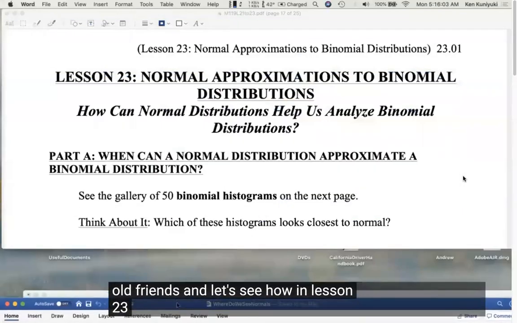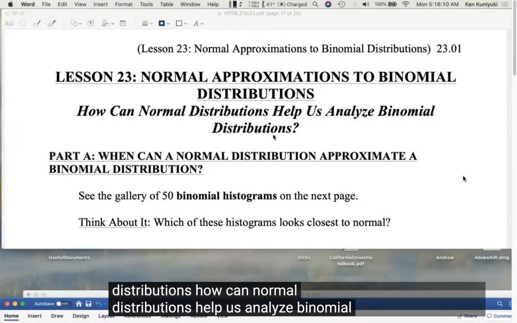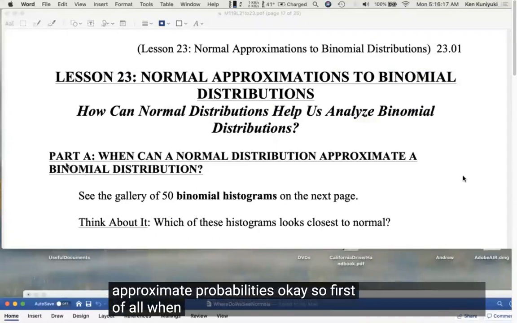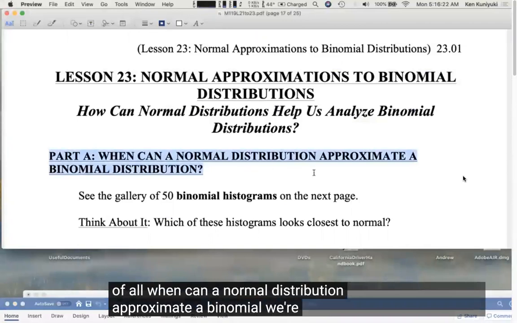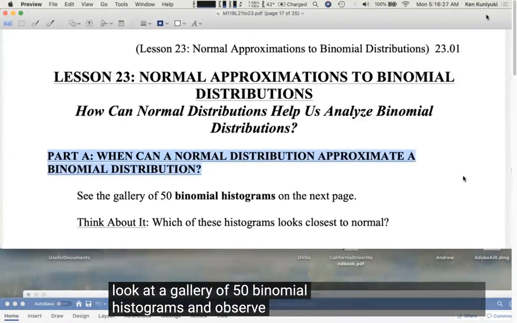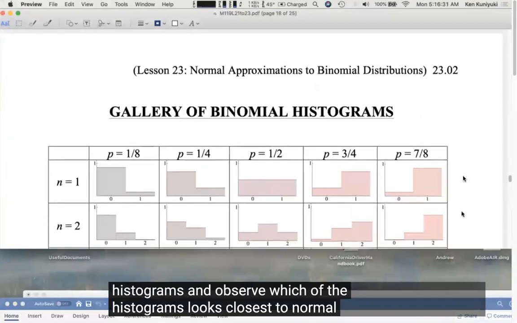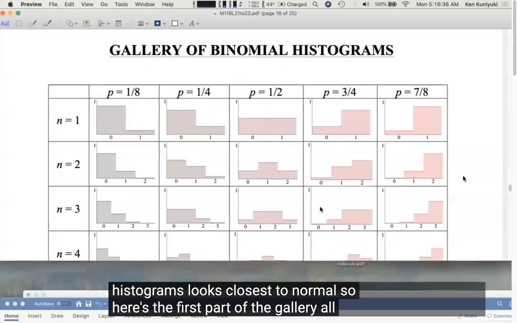In lesson 23, normal approximations to binomial distributions. How can normal distributions help us analyze binomial distributions so we can do things like approximate probabilities? Okay, so first of all, when can a normal distribution approximate a binomial? We're going to look at a gallery of 50 binomial histograms and observe which of the histograms looks closest to normal. So here's the first part of the gallery, all right? For example,